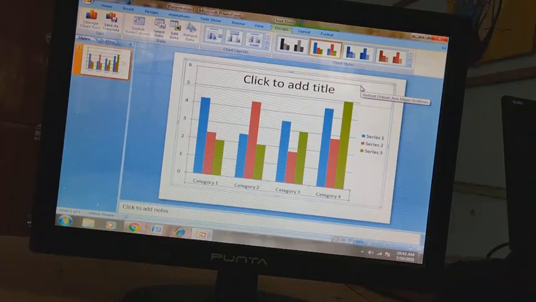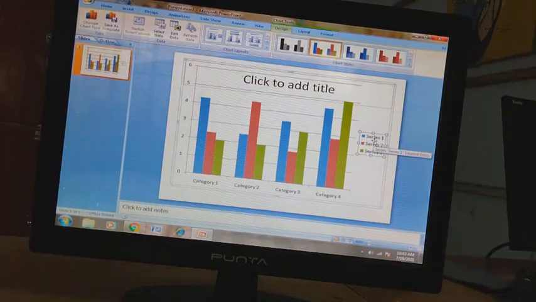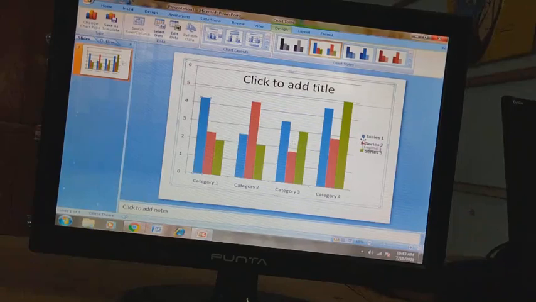The seventh component is the legend. You can see here Series 1. What is the legend defining? The legend defines the color patterns or the symbols. Here we can see a box of blue color, that is Series 1, which means these blue data series are Series 1, represented by blue color. You can see it from the legend.